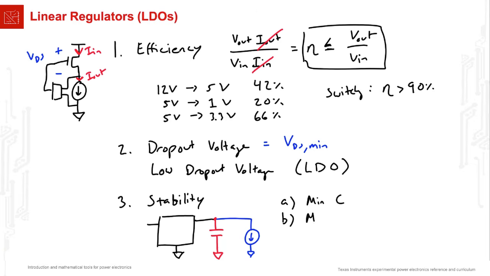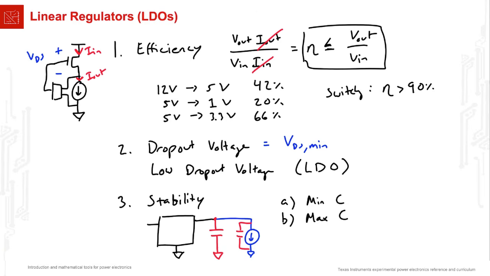Sometimes they have a maximum capacitance. I've seen that before. So if you have too much capacitance hanging off that node, you can actually make the LDO unstable. This can be particularly tricky because sometimes your load is an integrated circuit, and you may have hung some bypass capacitance across the power pins of your integrated circuit. And if you've got a whole bunch of those, there could be a lot of capacitance. And so you may accidentally cause your LDO to become unstable.